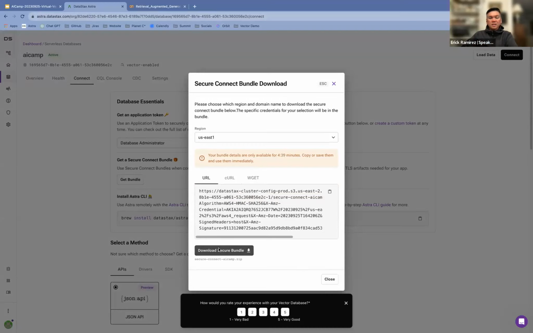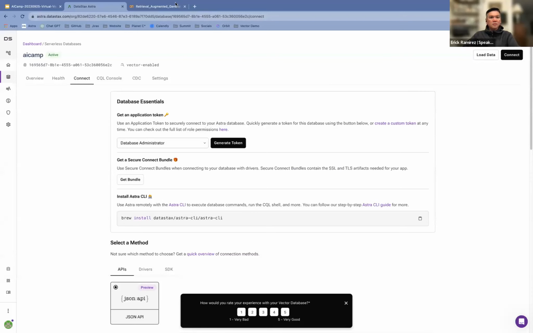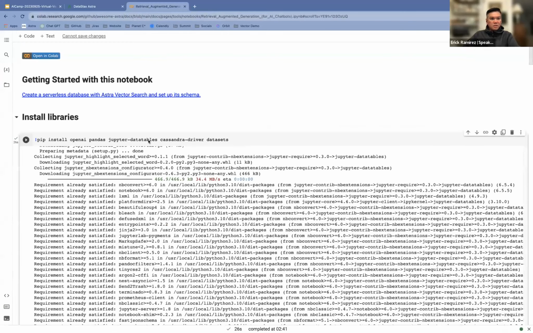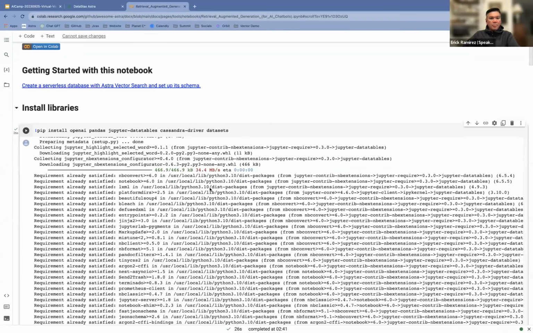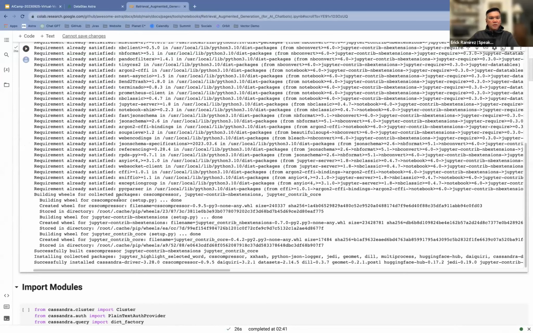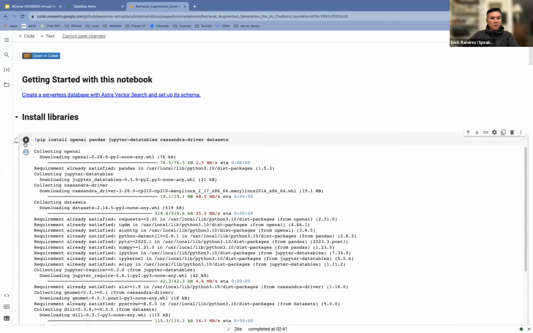More than that, the secure bundle also contains the certificates for authenticating to your cluster. I've downloaded my secure bundle, and I'm going to go back here. It's installed all the Python libraries that we need for this demo.